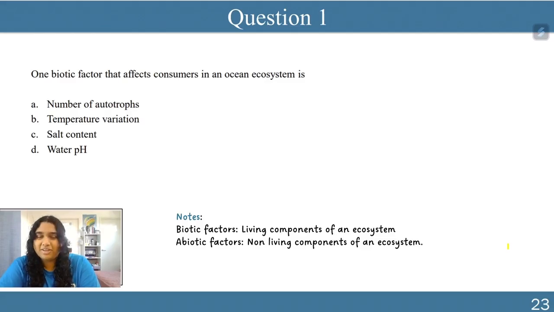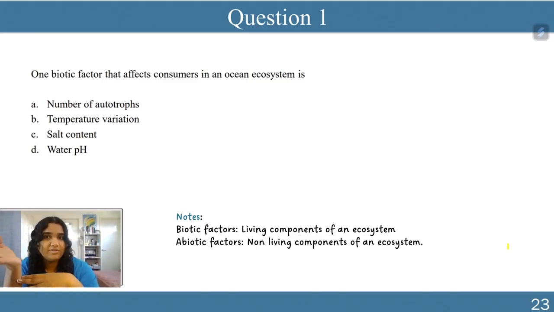Just a bit of a recap. Abiotic factors and biotic factors basically encompass all of the things that are interacting together in an ecosystem. Biotic factors represent all of the living components of an ecosystem, and this includes things like predator-prey relationships, competition relationships, symbiotic relationships, as well as all of the decomposers, producer-consumer, anything that's related to the living aspect of an ecosystem, we're thinking biotic factors.